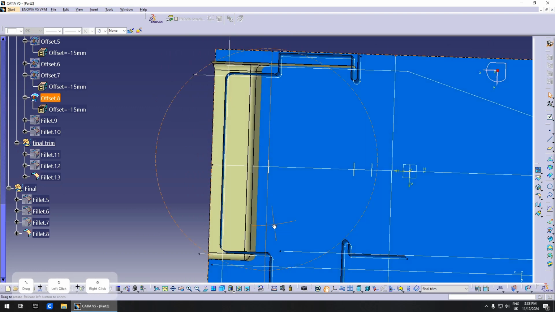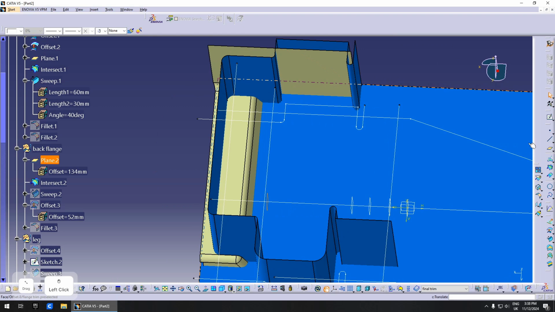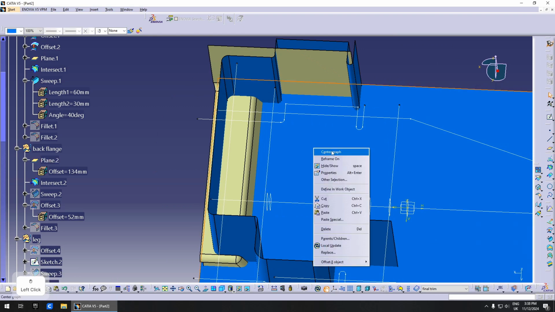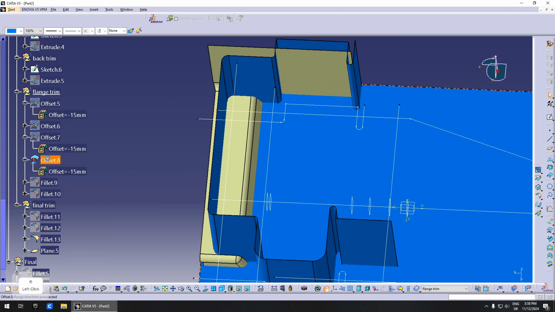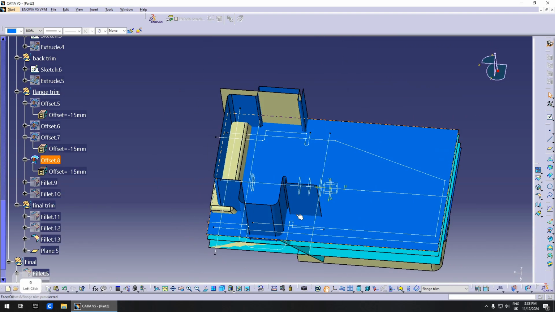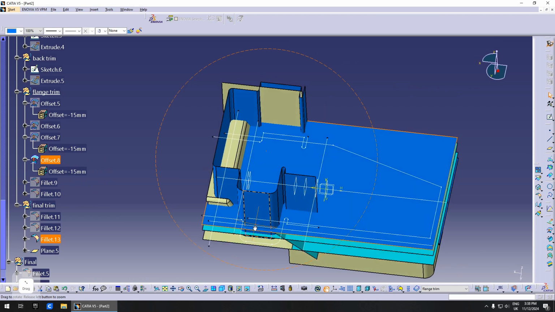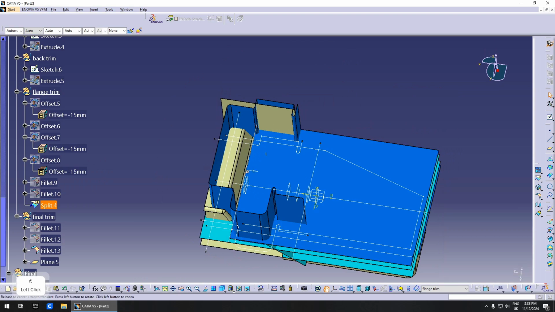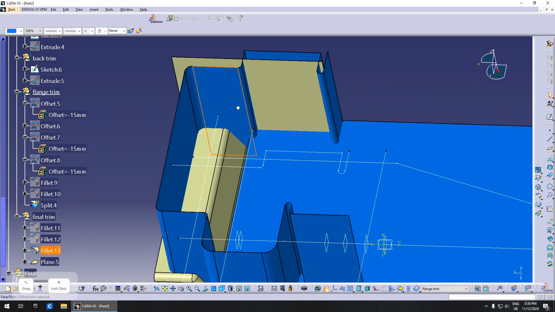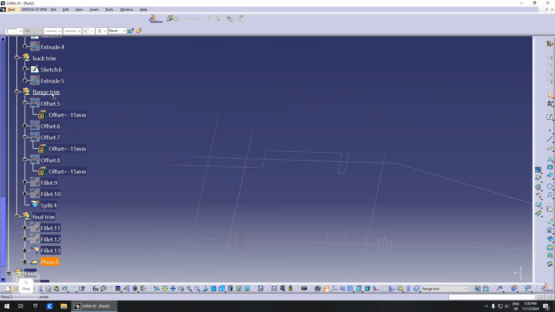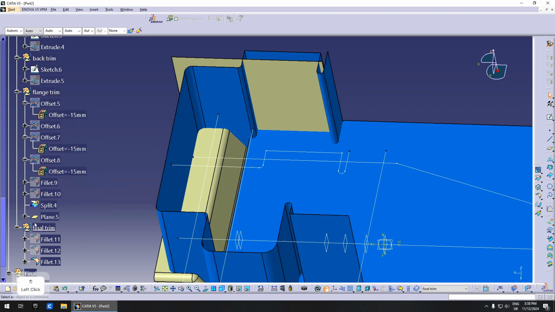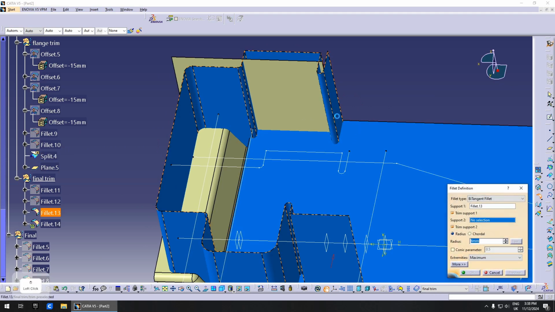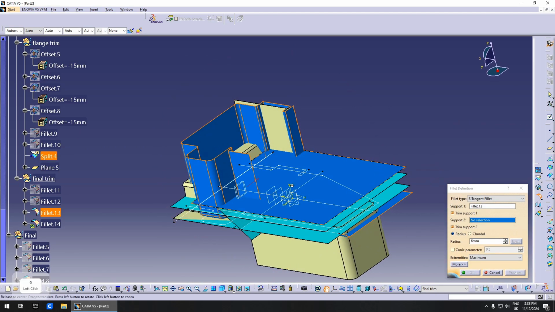So you noticed we have this plane over here. We're going to offset this plane 3 millimeters backwards, and we're going to cut this trimming for the top flange. We're going to cut this with this plane that we just created, and see how it's going to look now. We move the plane back here. We go to the final trim to keep it just organized, and we do this,